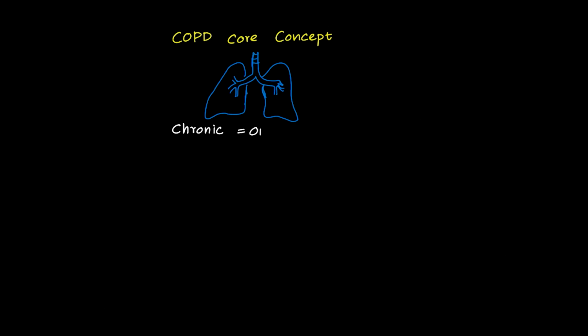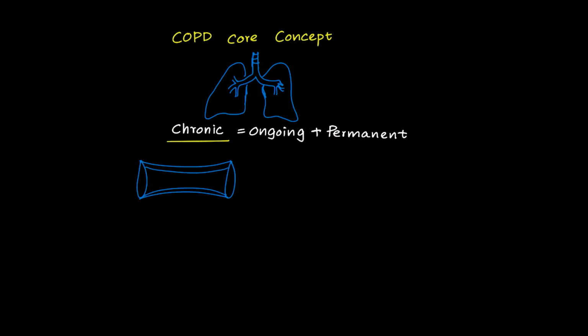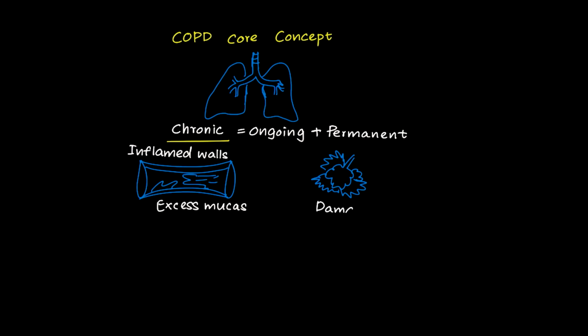Alright, let's break down what's actually happening inside the lungs of someone with COPD. This question tests whether you know the difference between a sudden reaction and a long-term disease process. Chronic obstructive pulmonary disease is exactly what the name suggests. Chronic, meaning ongoing and permanent. The airways stay inflamed over years, usually from smoking or breathing in pollutants. That steady inflammation thickens the airway walls, pushes up mucus production, and destroys the delicate air sacs called alveoli. Once that damage sets in, the airways narrow and never fully open again, which is why breathing keeps getting worse